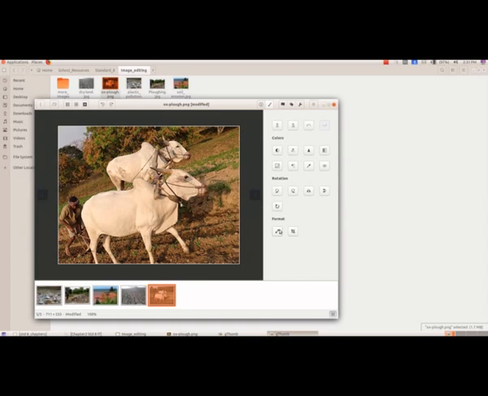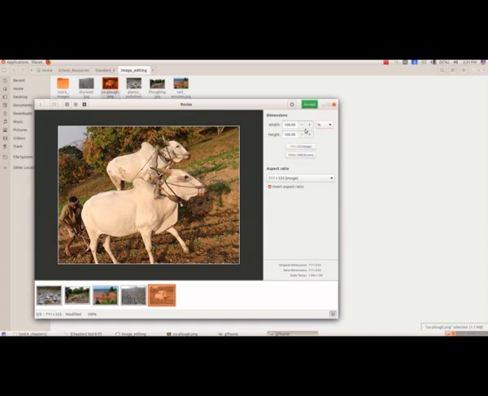The next one is format. Format means resize. Here we have the dimension, meaning the width and the height. You can change them. Either you can increase the width and the height, or you can decrease the width and the height.